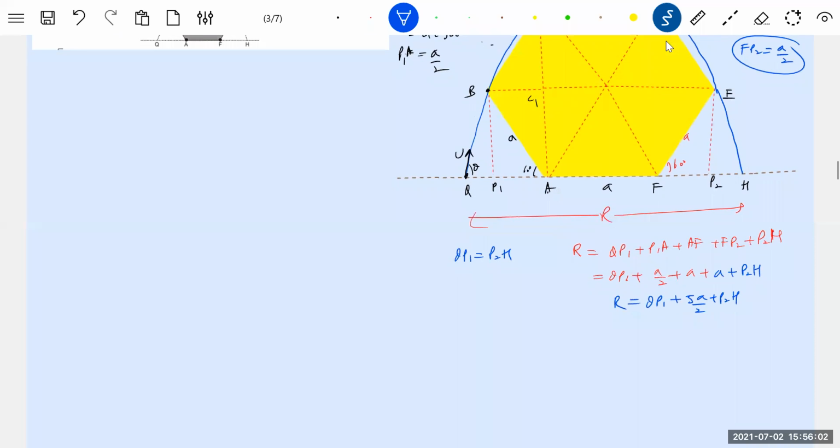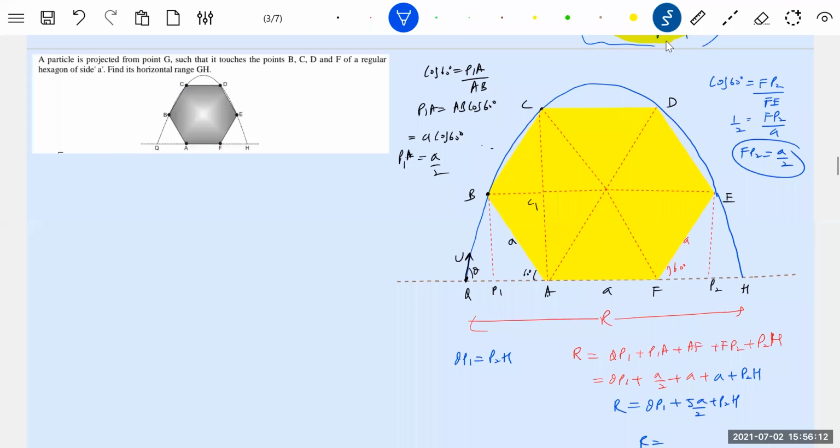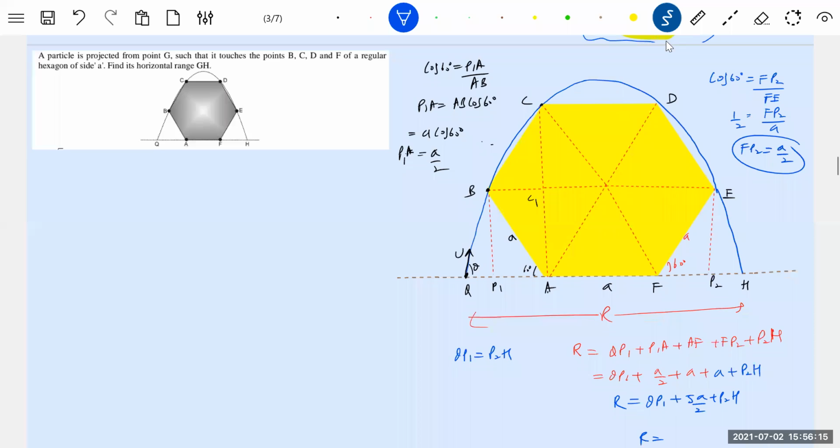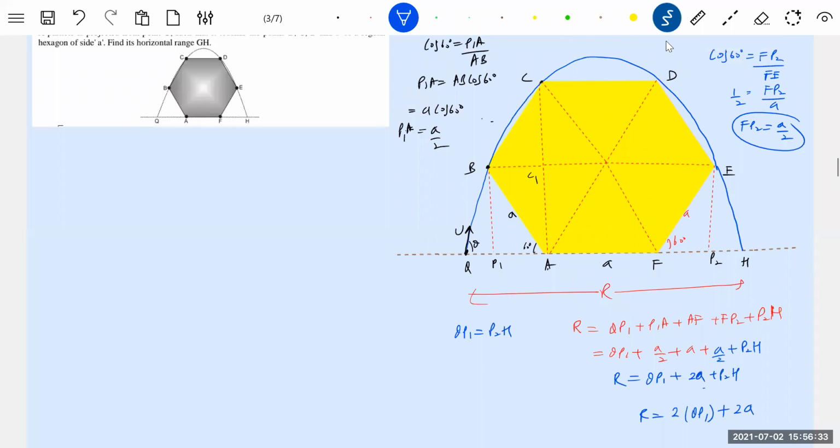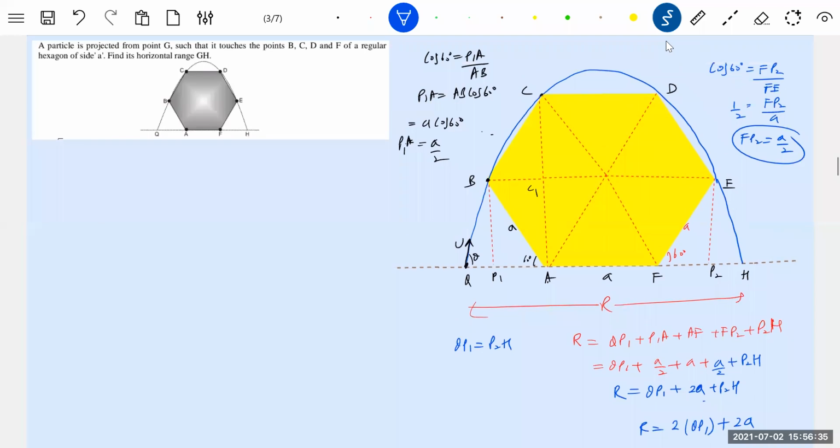Now, what shall we do now here? It's very simple. Sir, FP2 equal to A by 2, no sir? FP2 is A by 2. I didn't write. Oh, here, A by 2. 2A it will become then. Yeah. 2A. So therefore, this will become 2 QP1 plus 2A. Somehow QP1, if I get it, problem solved. Somehow I should bring my mathematics or whatever be the things.